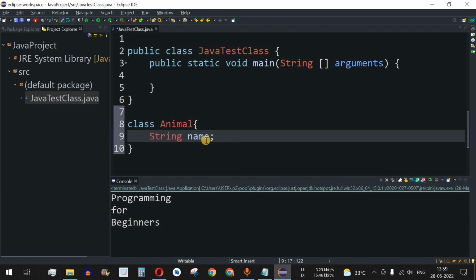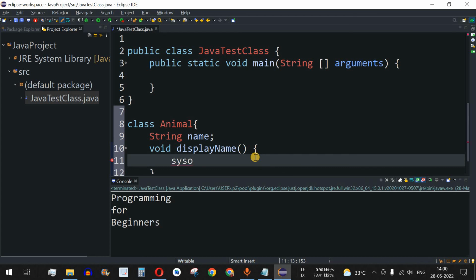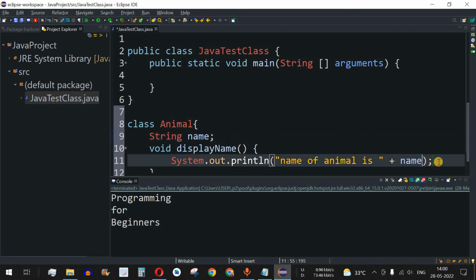And then guys, let us say we have a method in order to print this name of the animal. So similar to how we have the void main over here, we can have the void return type and then the name of the method, that is displayName. And then it will not take any parameters, so we will keep the parameters blank, followed by open and close curly braces, and inside this we are just going to print the name of the animal. So this is a print statement followed by the name of the animal. I'll just provide the string "name of animal is", followed by the plus operator, and then the name variable. So the same variable name we are going to use in the print statement over here.